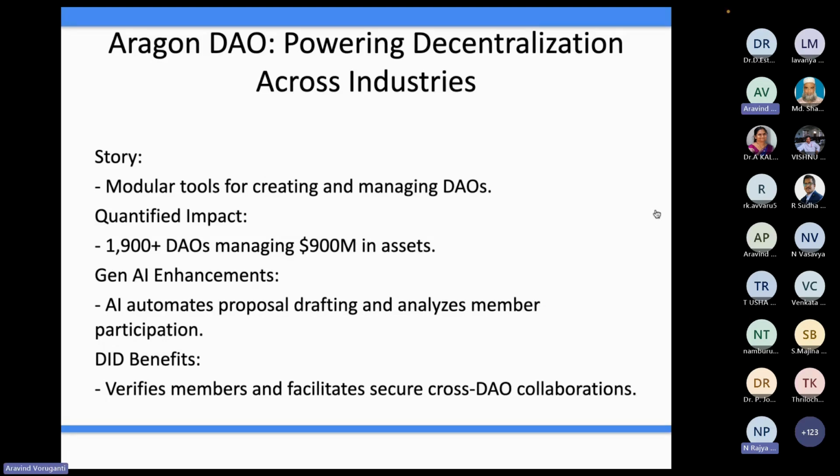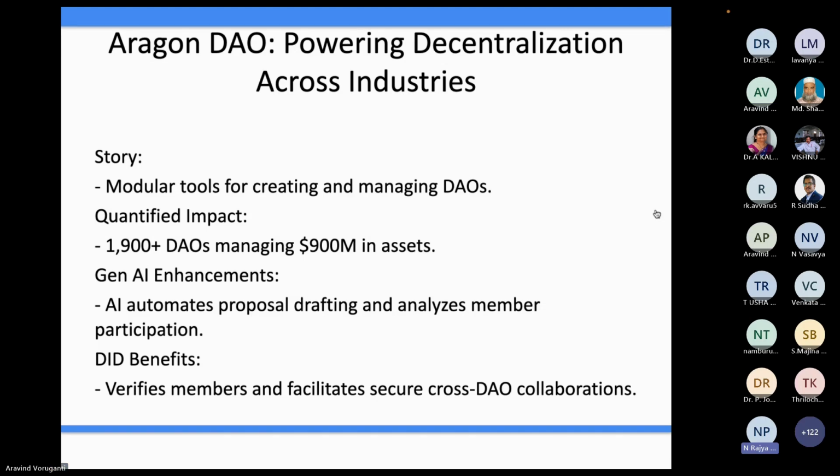So what they are trying to do is act as an enabler, or as an ecosystem player, by enabling more and more DAOs to be created easily. Someone can create a DAO, create a treasury, and have their own funding mechanisms, and whatever activity that particular DAO wants to do is under the governance of that DAO.